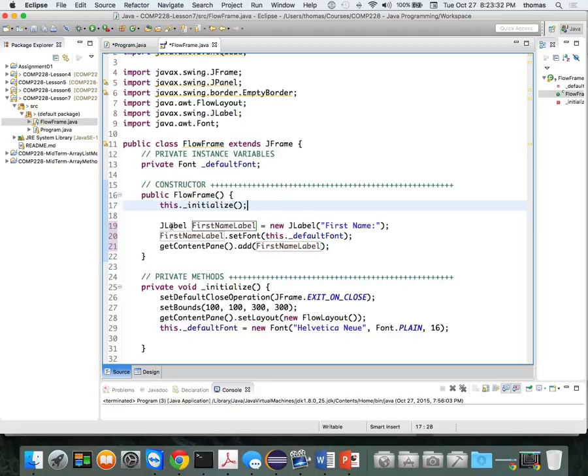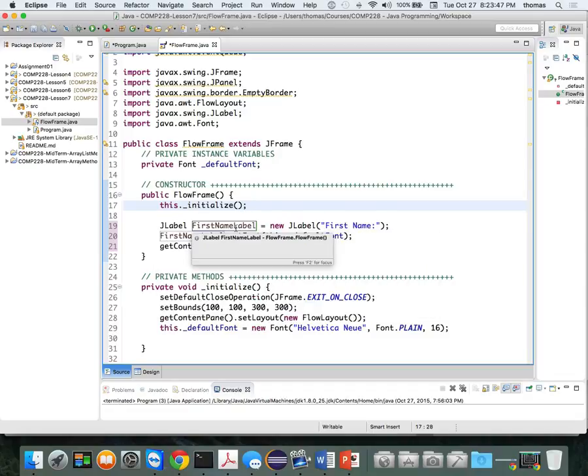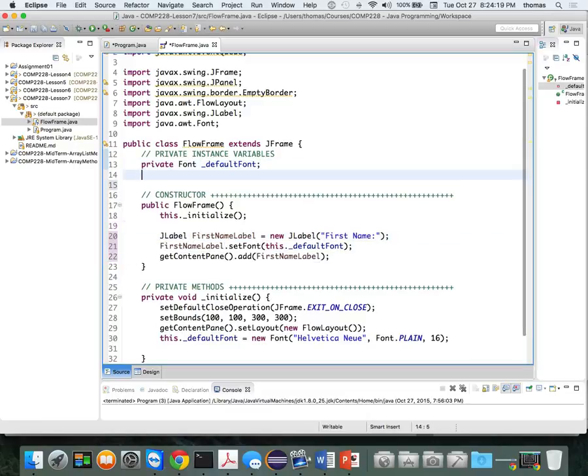All right, here's something, my first name label. Right, people? This JLabel called first name label, as an example, which is a new JLabel. Do I want it to be created in my constructor function, or do I want my first name label to be a private instance variable that I have in my collection of instance variables here at the top, where I can reuse it later on in my code if I ever want to access my label again? If I'm only going to use it once, it's okay, but I probably don't want to declare it here in my constructor. I might use it here. I might do one of these, like this dot first name label is equal to JLabel, right? I might do that, but I probably want to declare it up here. So let's try this. I'm going to say private, right? And we're just going to call this